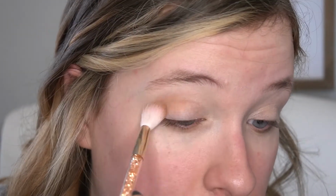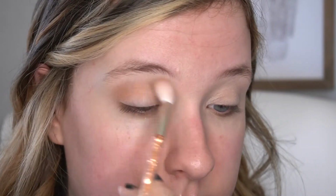Okay, so I'm just going to take this big fluffy brush. Like I said, it's from the Wet n Wild holiday brush set. And I'm gonna put this into the crease